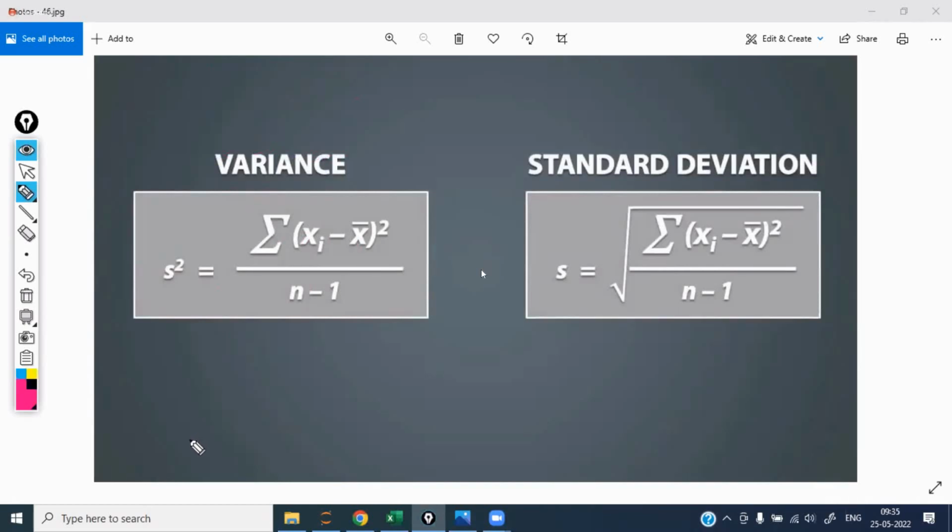That is a TCS exam question. In the TCS exam, you are going to get a total of 25 questions from descriptive statistics. Whatever we are going to discuss yesterday, today and tomorrow, these 25 questions will come from it. So for variance, you are going to take n-1 for the sample,